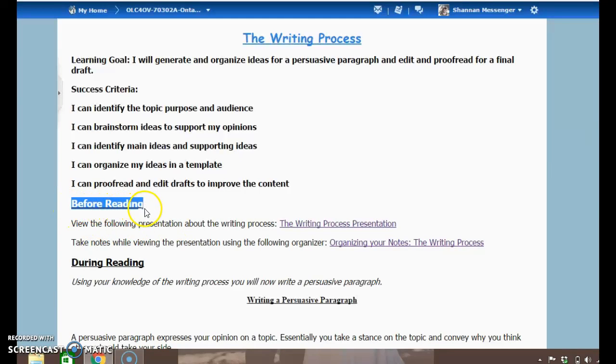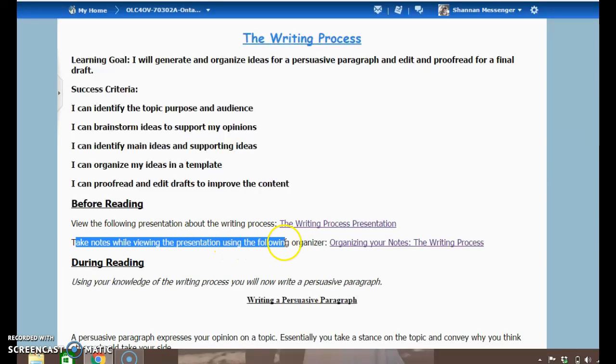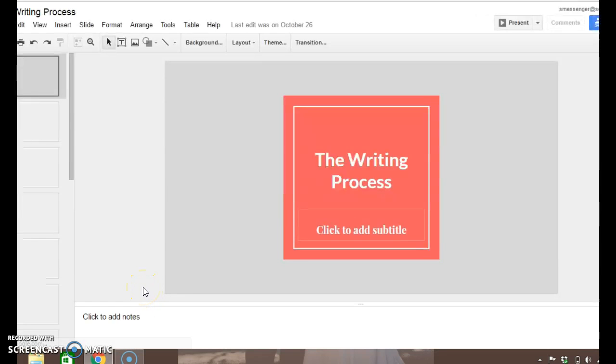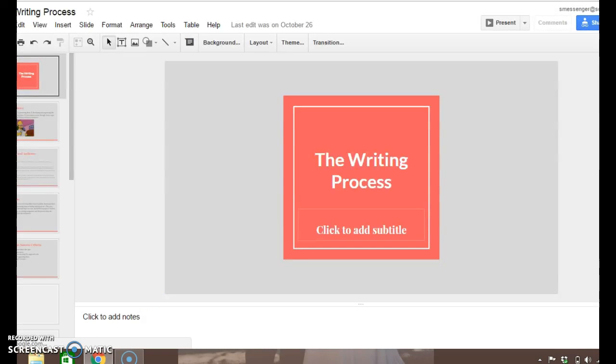Before reading, view the following presentation about the writing process. Click here to view the process. As you're reading, take notes using the following organizer. Here is the writing process presentation that you can go through yourself and take notes